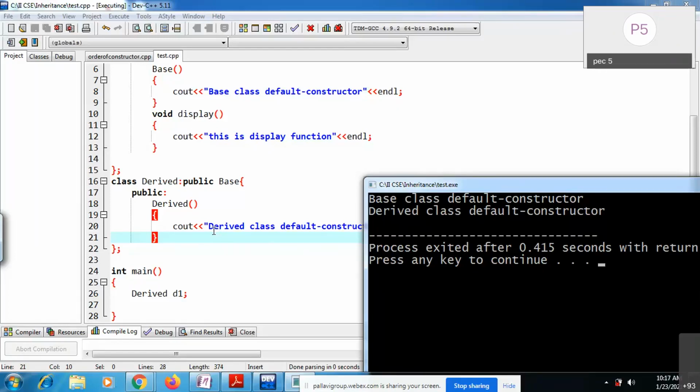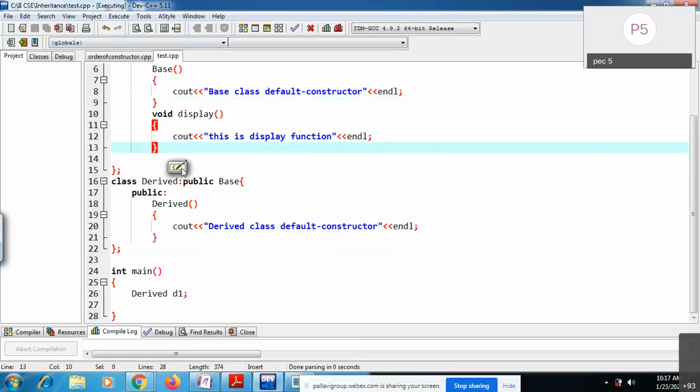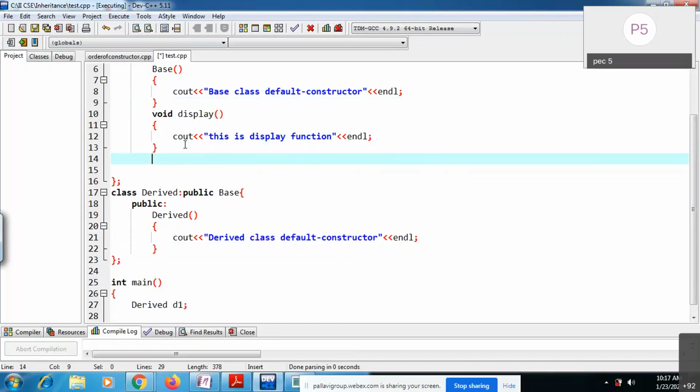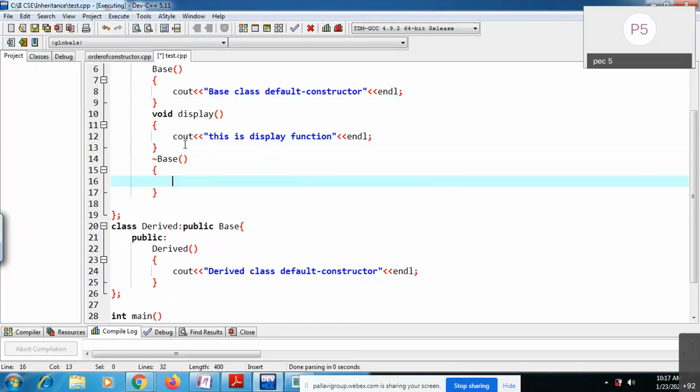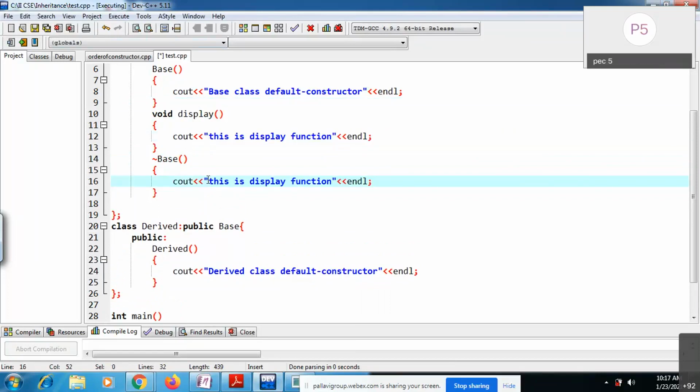The same way, inside your class you can write destructors also. Anyone writing destructors inside class? Tell me. Sir, can you repeat the question again? It was not audible, sir. Writing destructors inside class. Yes, sir, we can.